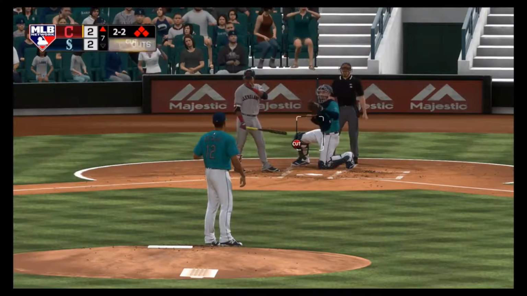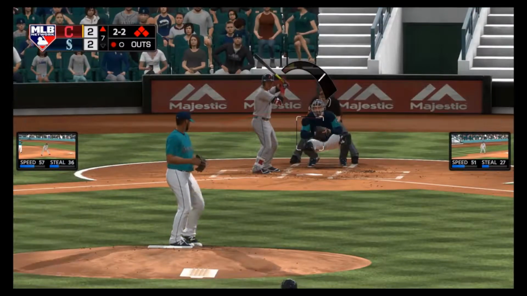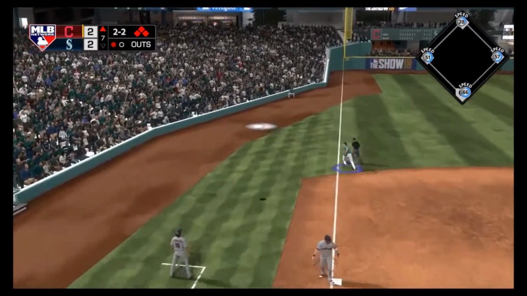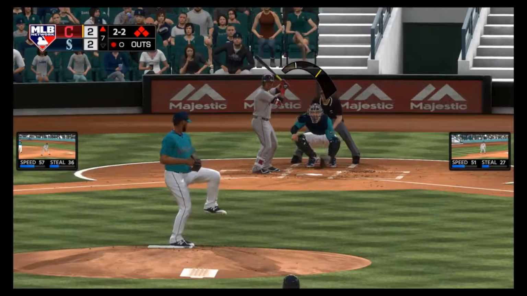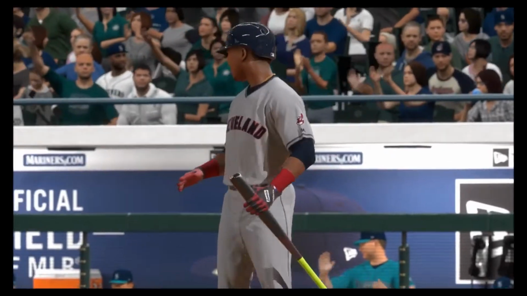Count's even at 2-2. All he really needs to do is put that ball in play and not get into a double play. He fouls it off into left field, though, but we can't quite get to it. That would have been a good second out, not too far away that we can still throw out the runner. But that's even better is